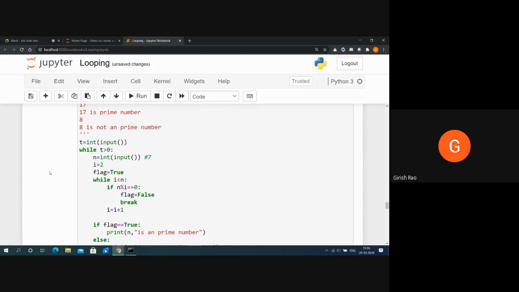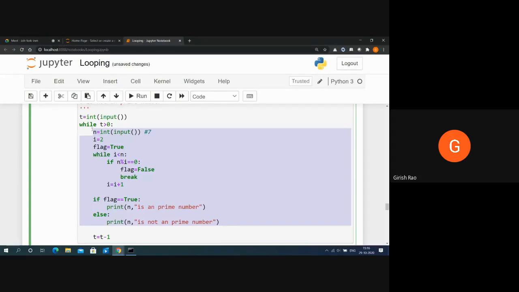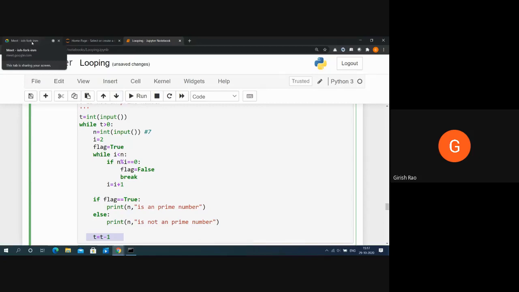T is a number of test cases. For this number of test cases, we have to execute this. Kindly remember one thing. This is the logic for your prime number. Now what it says, you have to accept a t number. That means this t will come, this loop will come. But this will be an infinite loop. So to handle it, what I did, I at the end typed t is equal to t minus 1. That's it. So any program can be converted into number of test cases by taking t as a number of test cases, having a loop, and subtracting 1 from the t. Clear?